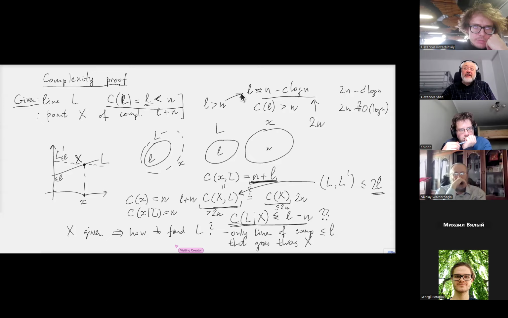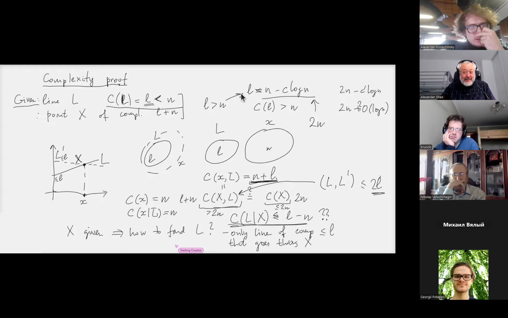Of course, we can just take, for example, the shortest description of this line and take some prefix of it as an oracle. So if you have freedom, you can make the complexity any complexity between 0 and the original complexity. So you can have the complexity n minus c log n,